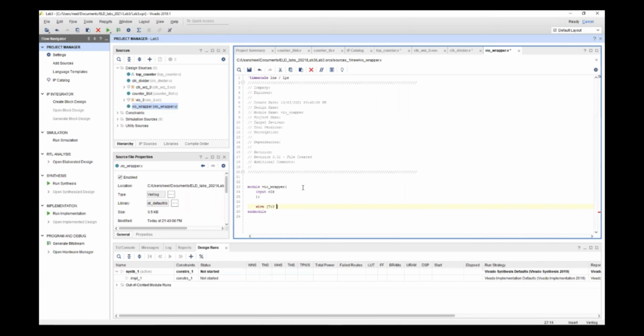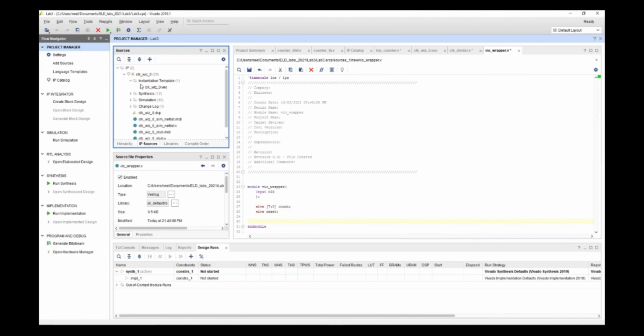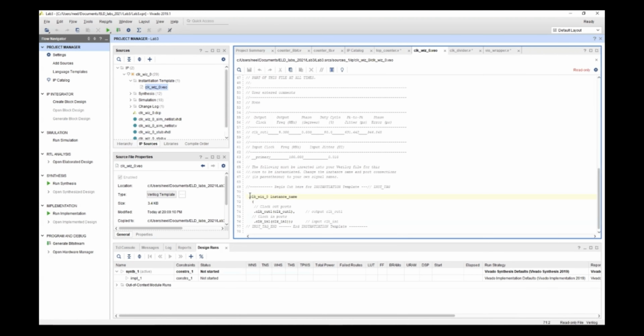We need wires to make the connection between the VIO IP and the top adder. This will be for the count. This will be for the reset. Go to the output source.